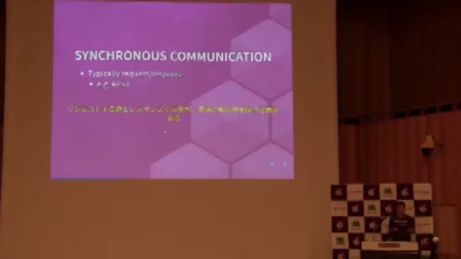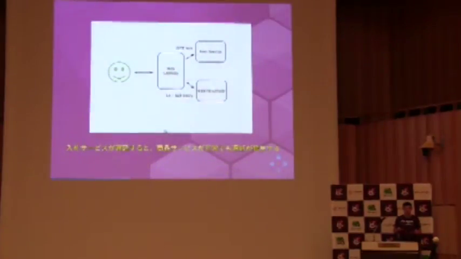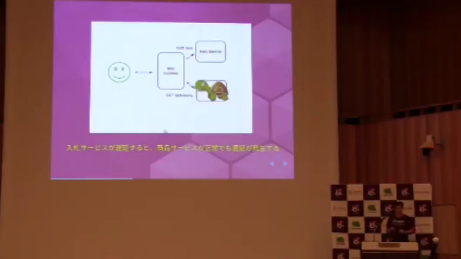So what happens if the item service goes down? Or let's say it doesn't go down, let's just say it becomes slow, the bid service. Because the web gateway is depending on the bidding service and using synchronous communication to talk to it, that means if the bidding service is slow, the web gateway will be slow too, even though the item service is still fast. And this means that the user is not going to be happy. So let's have a demonstration of this.